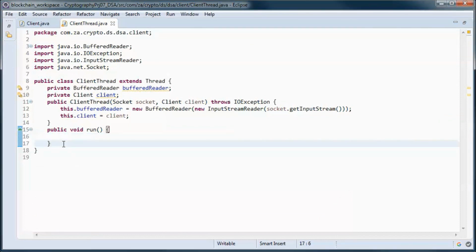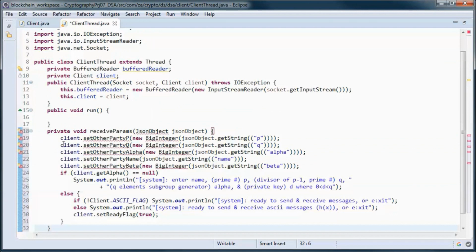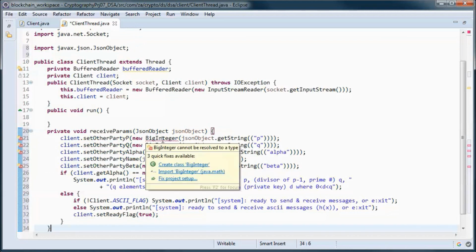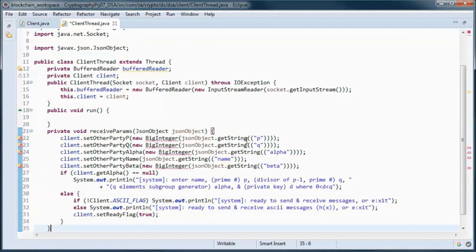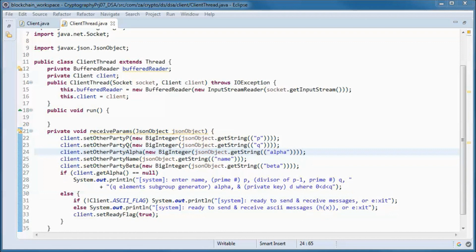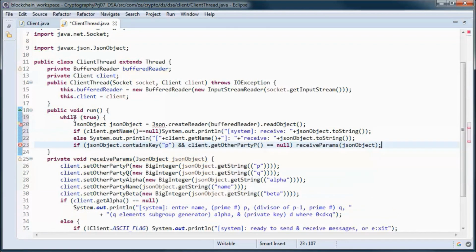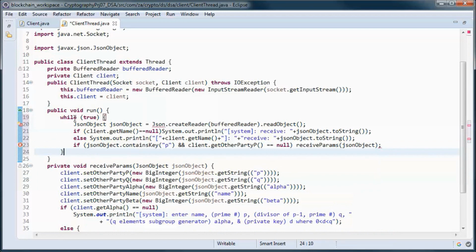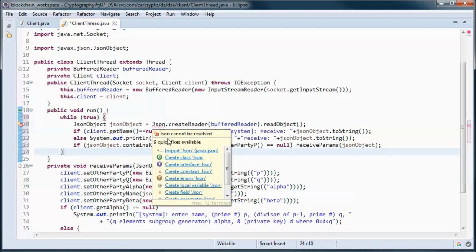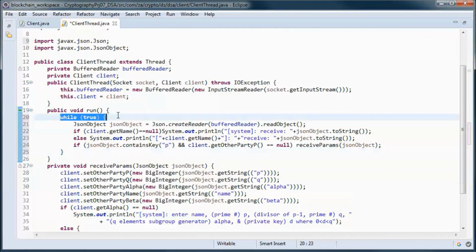And here we need this method to receive the other party's P, Q, alpha, and beta, and we end up calling it from this always true loop.